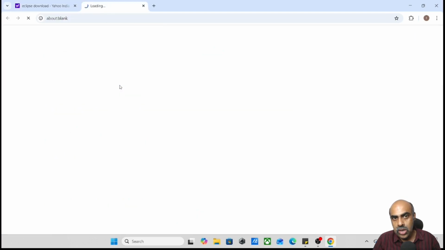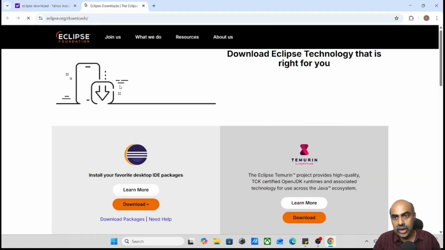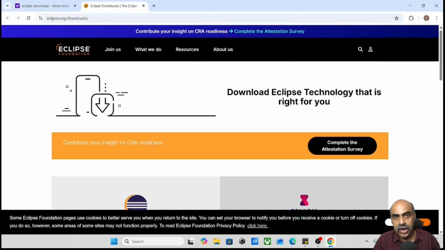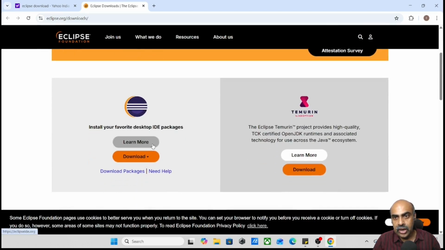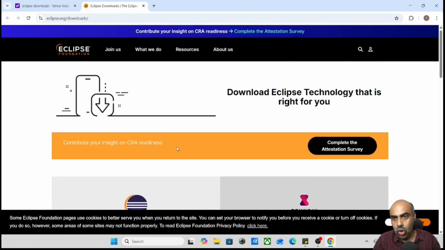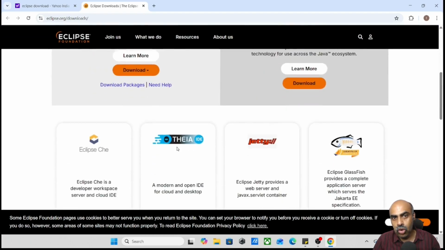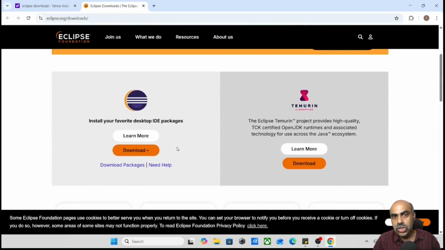is Eclipse downloads from the original Eclipse official site. So this is your official Eclipse landing site. There you see there is a download option available. Don't click on that. Beneath that, there is an option called download package. So you click on that download package,